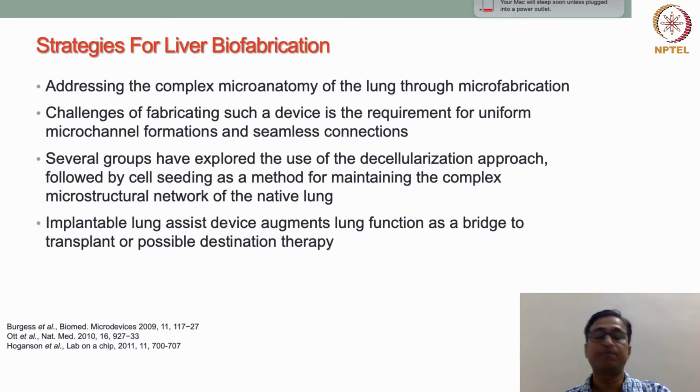In the lung parenchyma, the lung fibroblasts and smooth muscle cells are seeded, and in the blood vessel channels, the vascular network, the endothelial cells are seeded. This way, whatever cells are present in the lung tissue are seeded back,